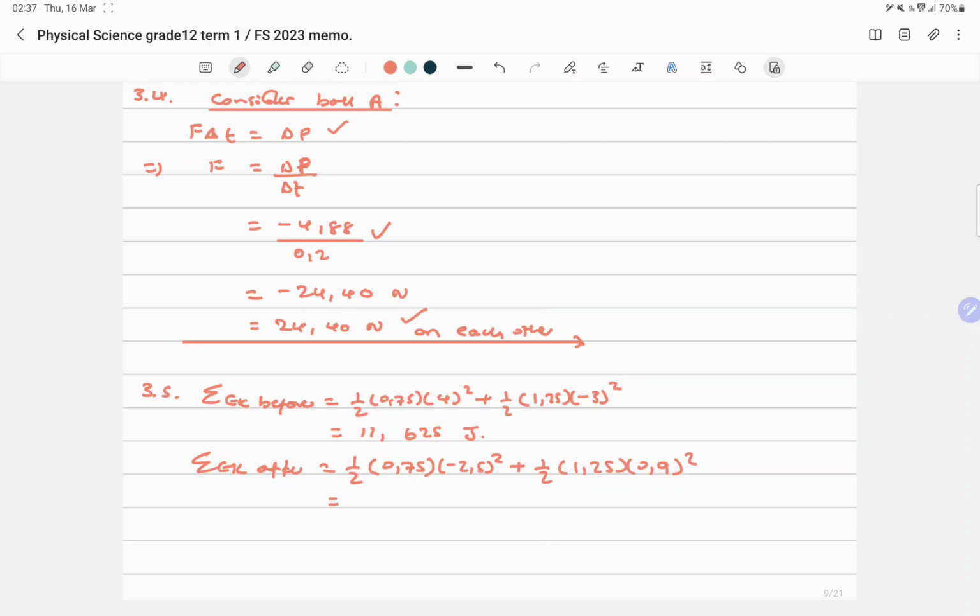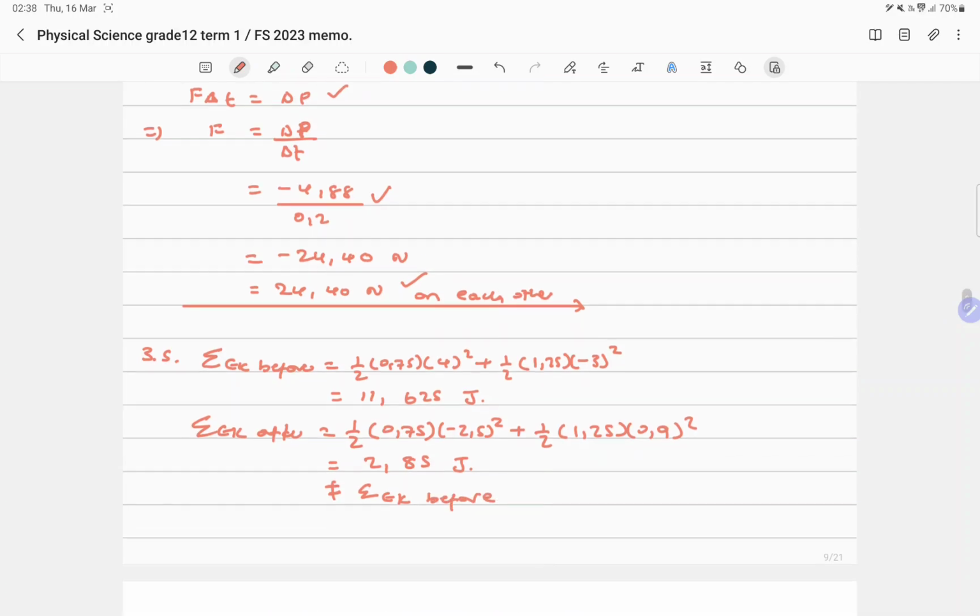Let's see what is the story. 0.5 into 0.75 into minus 2.5 squared plus 0.5 into 1.25 into 0.9 squared. So my answer here is 2.85 joules, and we can see here which is not equal to the sum of EK before